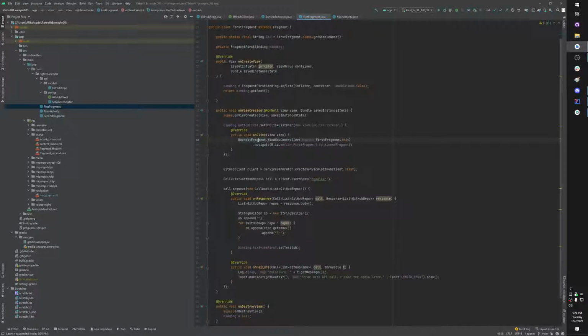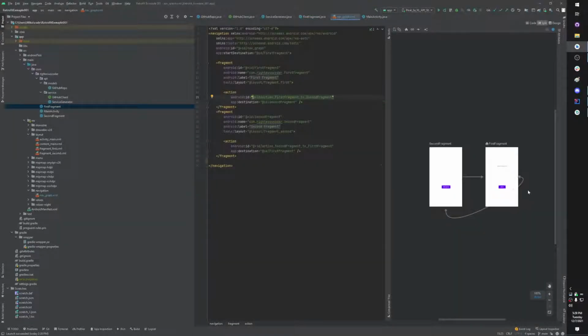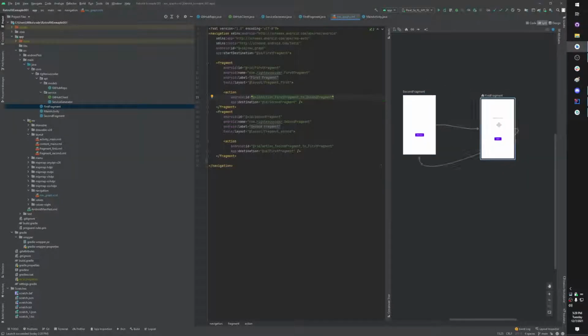If you're looking at it, the code itself is pretty straightforward. Find the nav controller for this object, and you navigate to this here. I'll click it right now. This is why the navigation library can be a little wonky, in my opinion. It's great that you have GUI elements like this, but